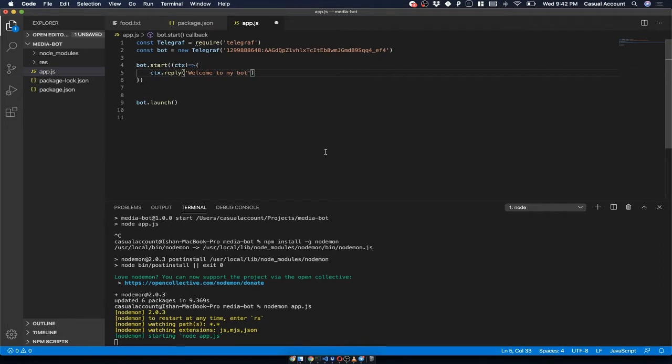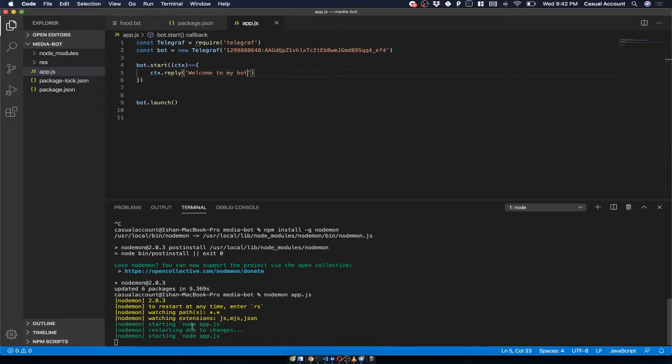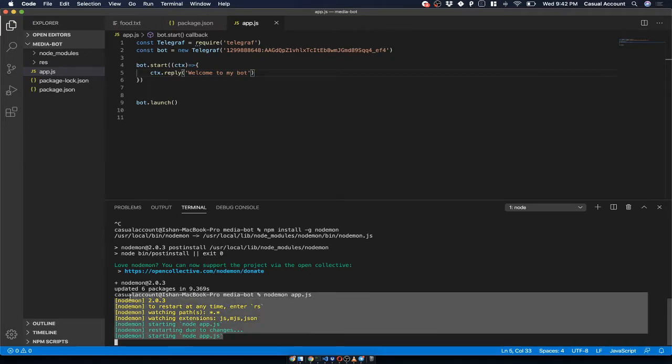I am pressing save now. Okay, Command S or Control S. See, as soon as I hit save, it's restarted the bot. So now we don't have to again and again stop the bot, then rerun the bot. We can simply use this nodemon utility. This is generally used for development purposes only. Whenever you want to deploy it, we will not deploy it with nodemon. I will show you later how you deploy a bot to AWS or some other service.